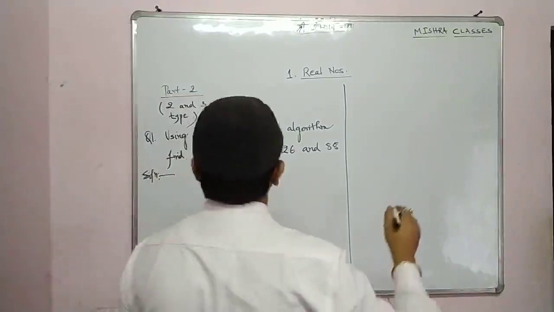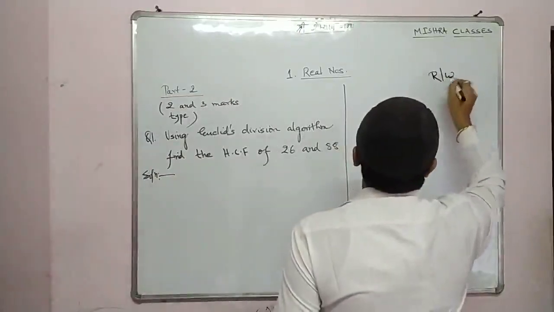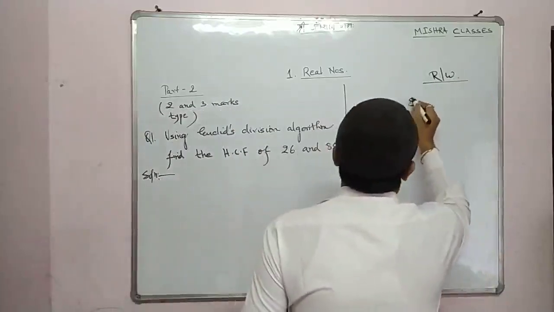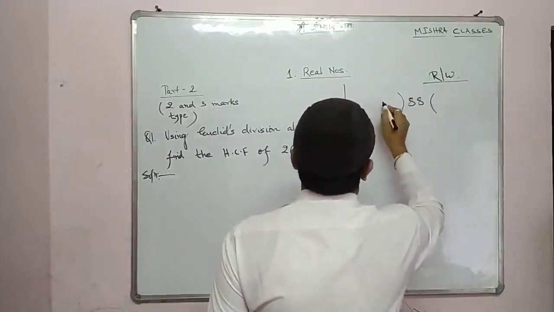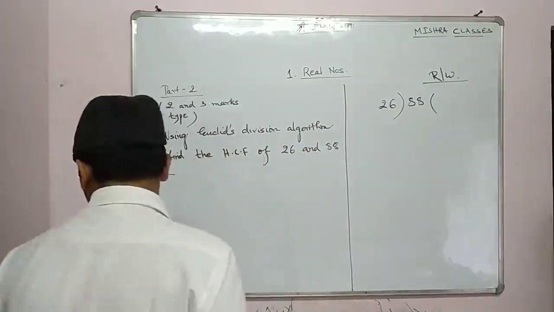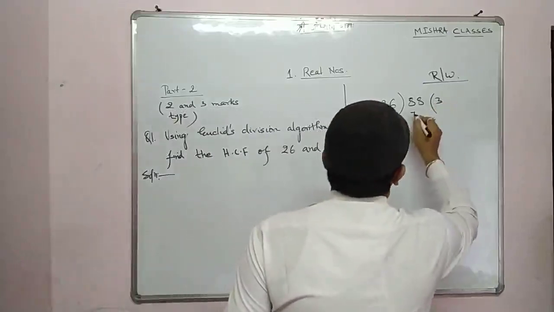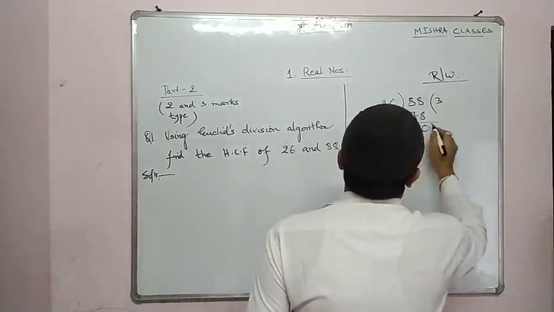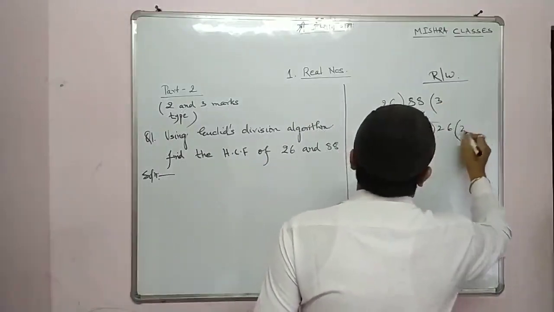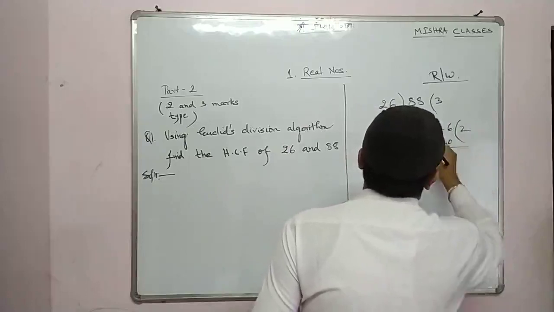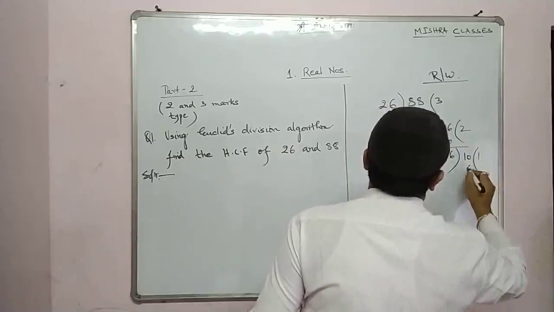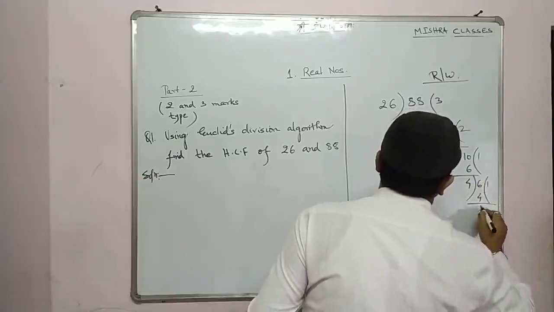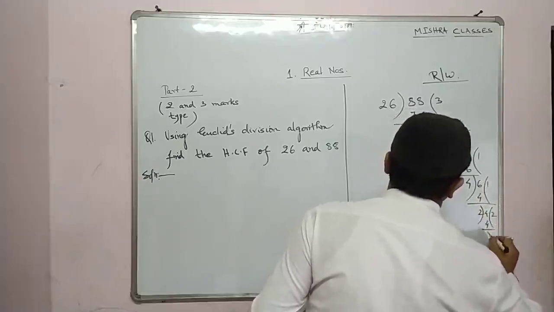In the rough part, I'm showing you, we'll just divide it. What is the bigger number? Bigger number is 88. Smaller number is 26. So we will divide it. 26 3 times is 78. Now 8 minus 8 is 0, 8 minus 7 is 1. Now this 26 will come here. 10 2 are 20. Remainder is 6. Now again 10 will come here. 6 1 are 6. Remainder is 4. 6 4 1 are 4. 2 2 are 4. Finish.